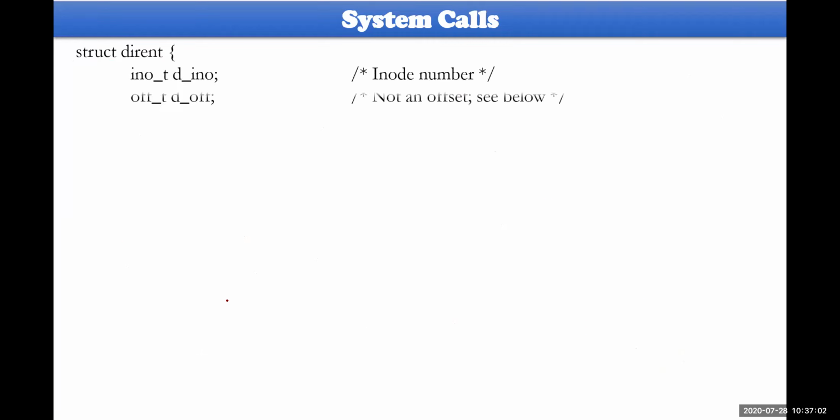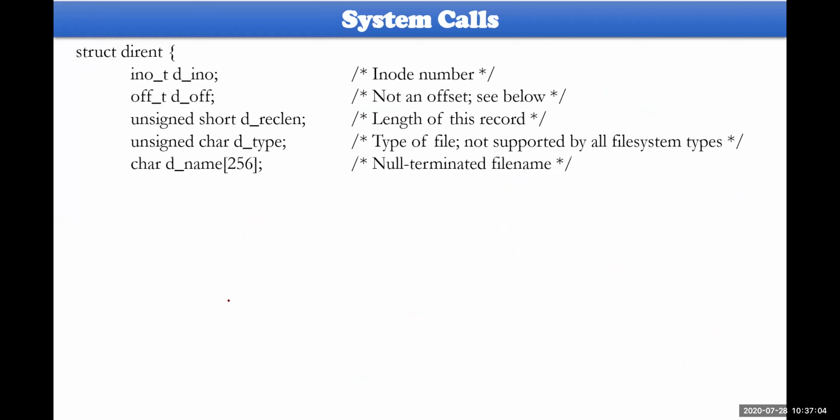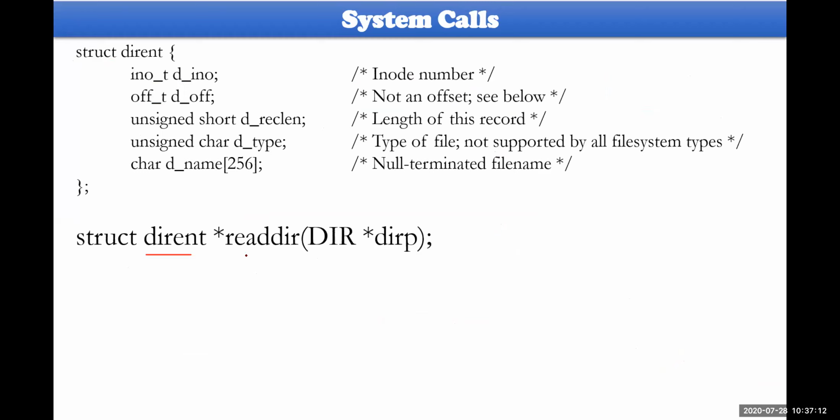Then the second thing is DIRENT. If we want to read or open a directory, we use DIRENT, something like this. It could be used here, and we are expected to take only this particular name, d_name. Only this is taken into consideration. The remaining things are not important for us here.